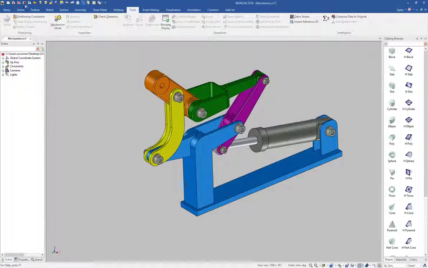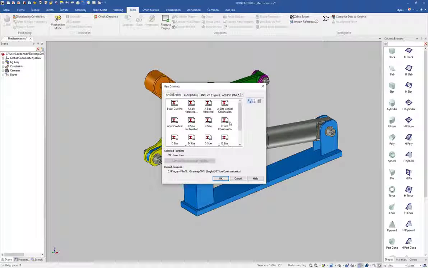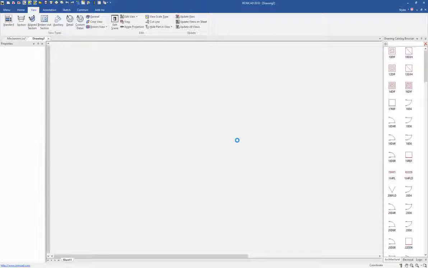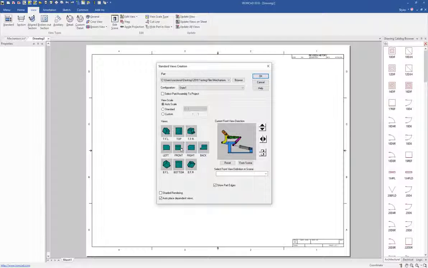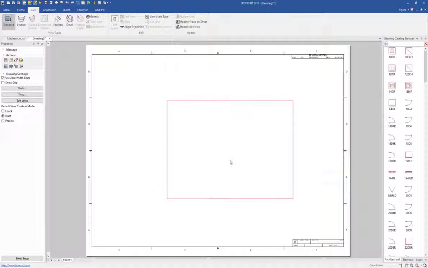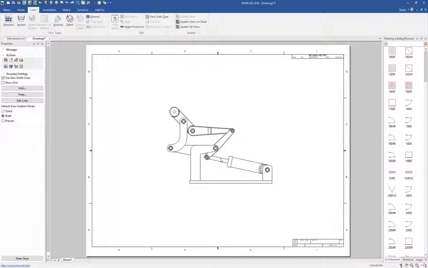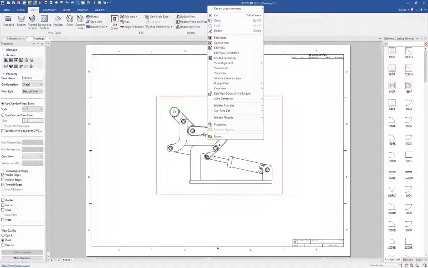So we can now go into our drawing. We'll just create a new drawing, say a C size, and we'll just create a view. Now the alternate view positioning can be used on any view. In this case it works best for this front view in this model, but simply right click on the model,